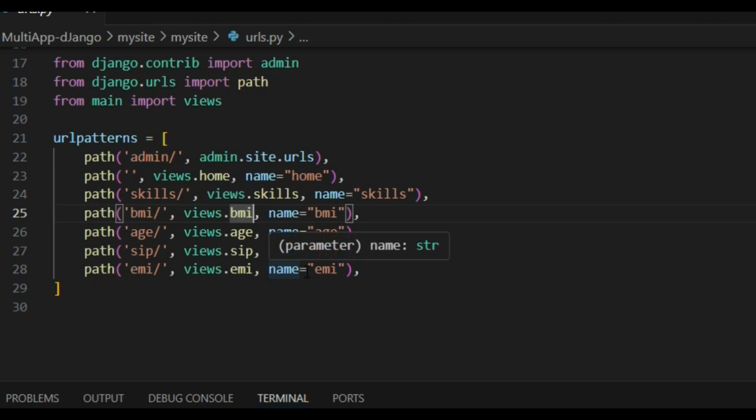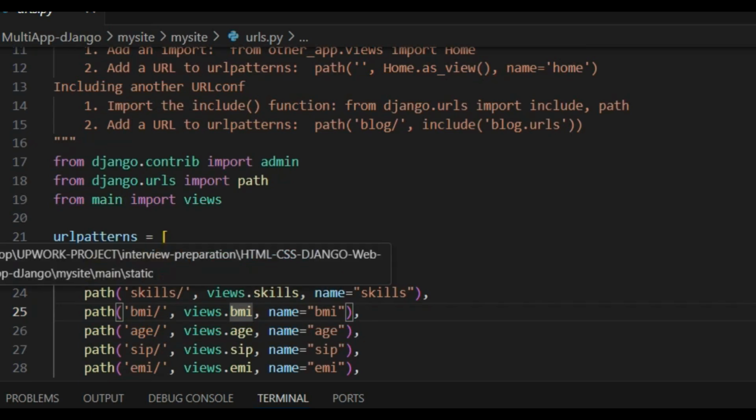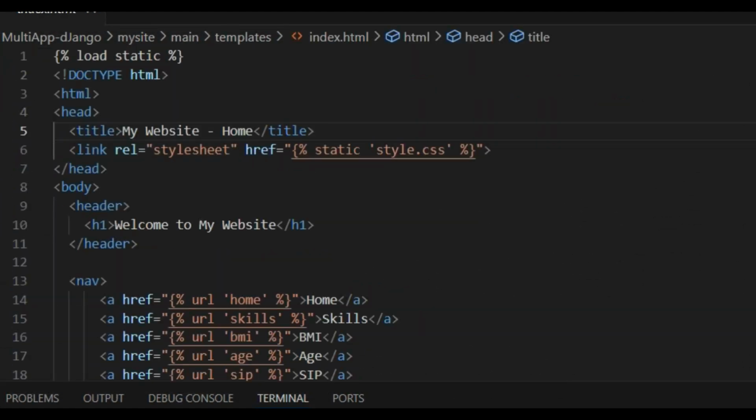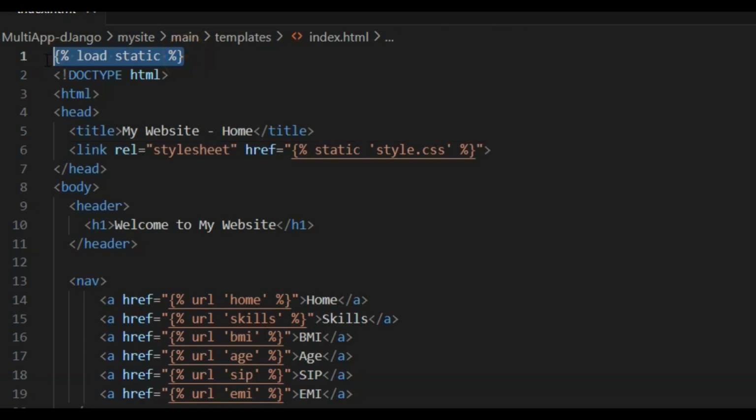Now, whatever HTML and CSS you have copied, a little bit of work is required. Let me check the index.html and down. You need to add this: the first one is curly braces with a percent symbol. We are incorporating things by saying static, since Django has global variables already.